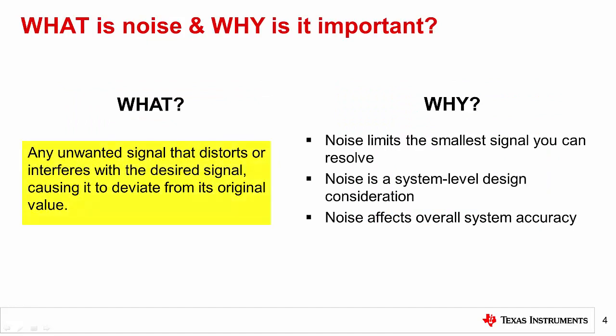In data acquisition systems, noise is any unwanted signal that can interfere with or hide another signal that you are interested in measuring. Moreover, some noise is inherent to all electrical components and it can come from sources internal or external to the system. Why should noise be important to you? As discussed on the previous slide, noise limits the smallest signal or the smallest change in signal level that you can detect and therefore directly impacts the system's precision.